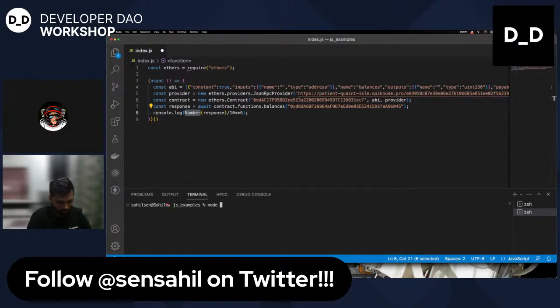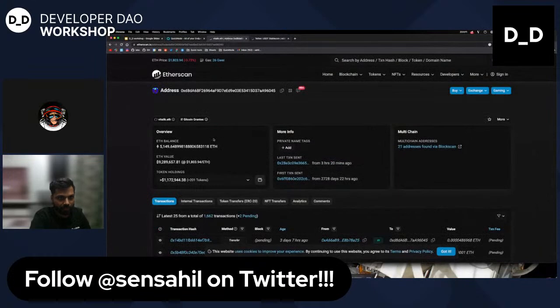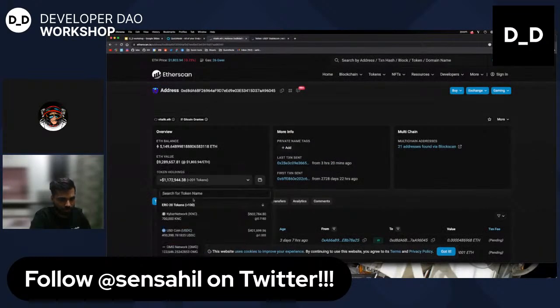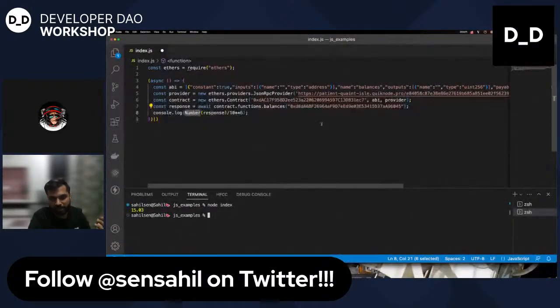Run node index. All right, so as we can see, the node returned 15.03. So let's check again in Etherscan, USDT. Okay, 15.3. Okay, so the thing is that we were successful to get the token balance of USDT for one